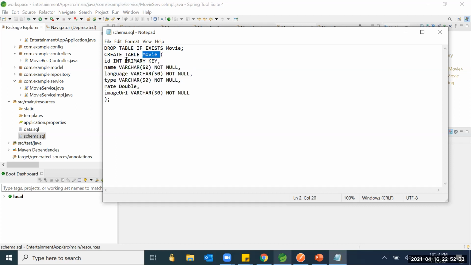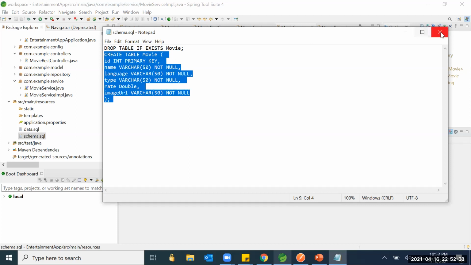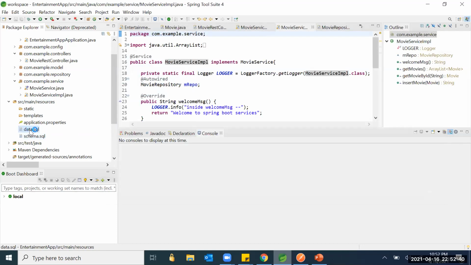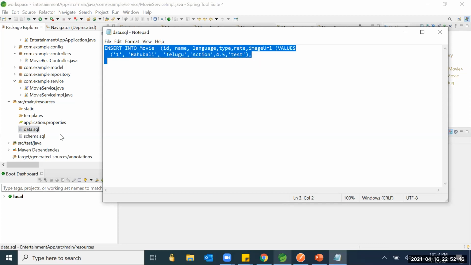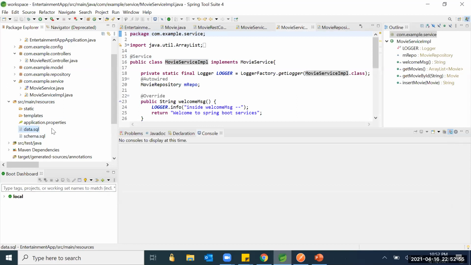I want to create movie, so that's what I'm doing here in schema.sql. And the other one is data.sql. You have to insert some values into the table, so you can use those queries here. You should use the same names, schema.sql and data.sql. Spring Boot will automatically create them for you while the application is starting.